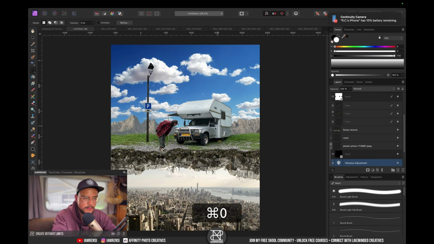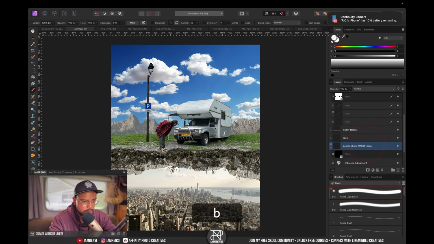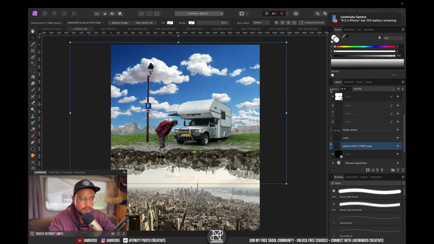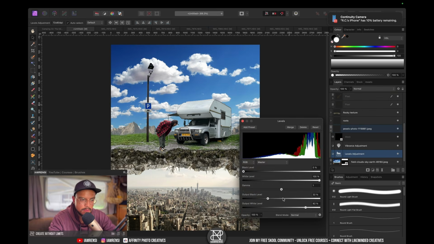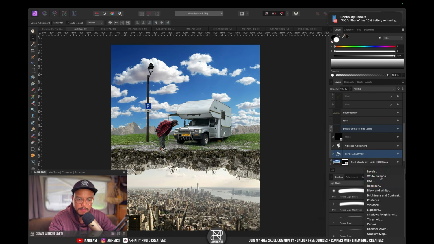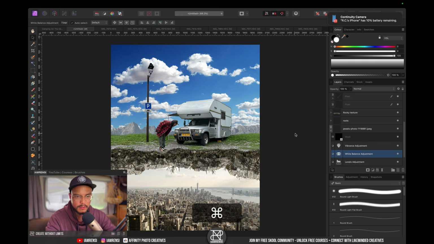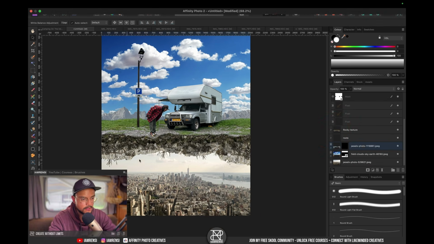And maybe make them less obvious. Something like this. Awesome. All right, I think this looks good. All right, now what I want to do next is I want to fade out the bottom part, because the